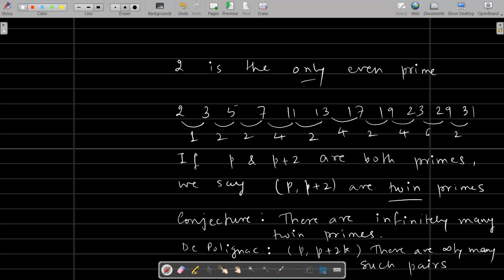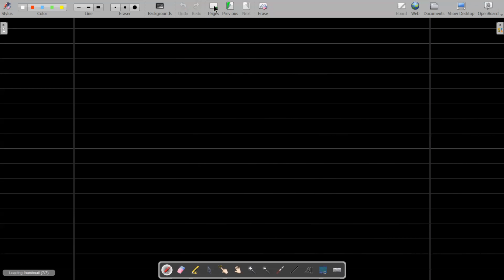Sir, are there more composite numbers or are there more prime numbers? As the numbers tend to infinity, will the number of composite numbers always be greater than the number of prime numbers? Yeah. So in some sense, actually, composites are more. But see, in case of infinity, you can't say something is more, something is less. For example,